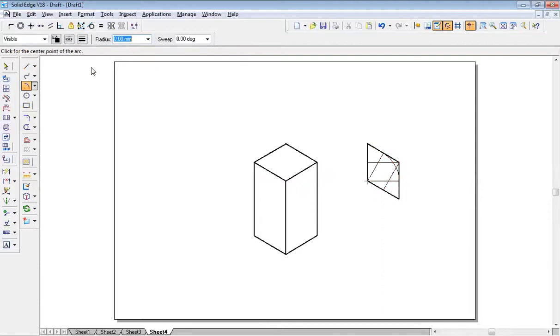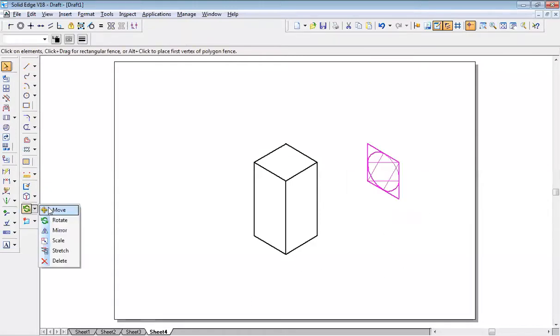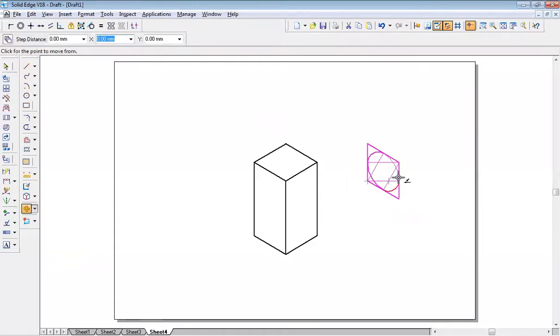Let us increase the thickness so that it will be clear. Crossover line as a center. This is the radius. Draw an arc. Corner number 3 as a center. This is the radius. Draw an arc. Crossover line center. This is the radius. Draw this arc. Okay. So after that, select this entire thing, go to move command, switch on the copy option.